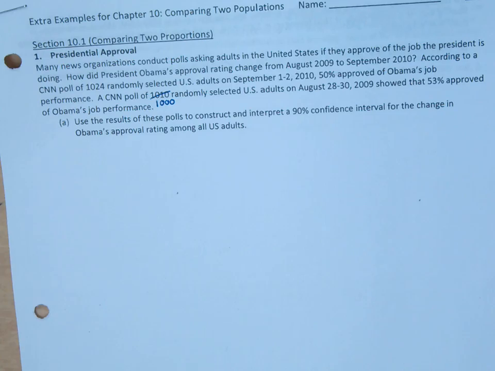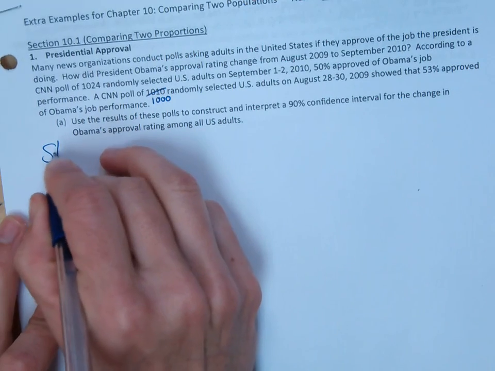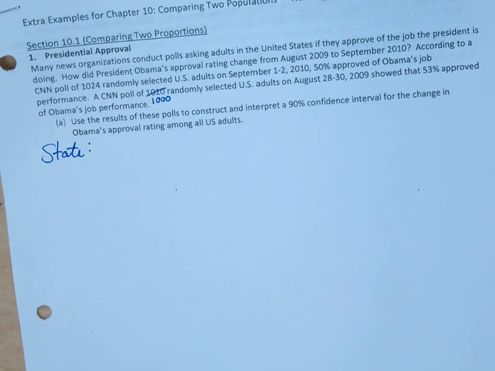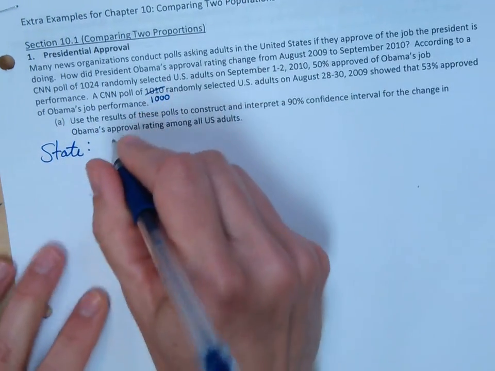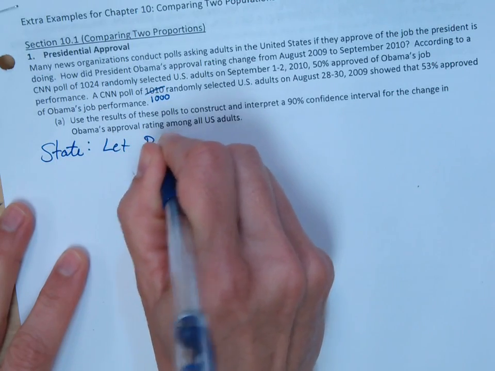Number 1, presidential approval. This is in chapter 10, section 10.1, comparing two proportions together. So in the state part of this confidence interval, we really need to define what we're doing for P1 and P2, because we're going to take the difference of them, so the order that we do it in does matter. So we're going to let the proportion 1 be the